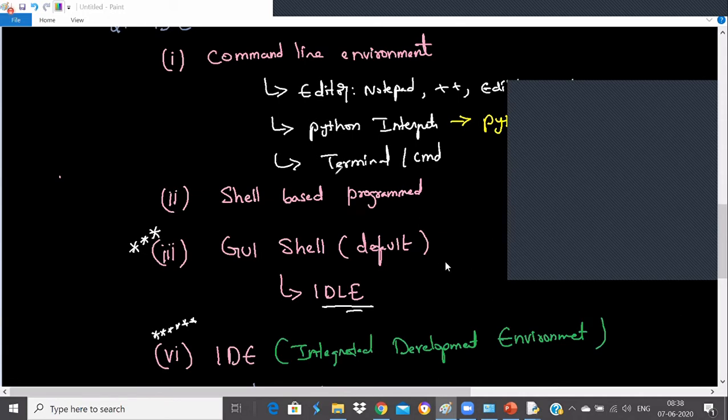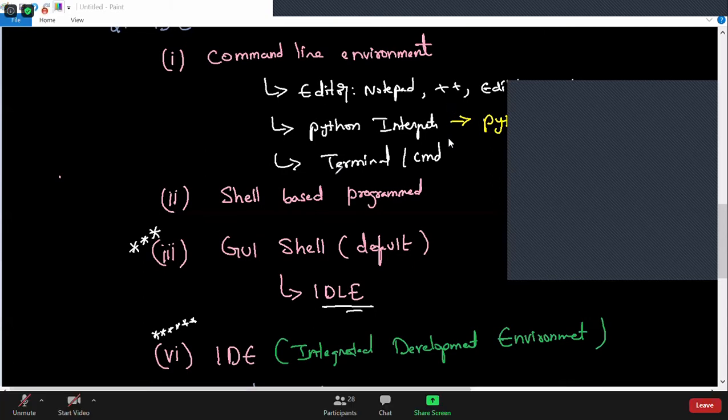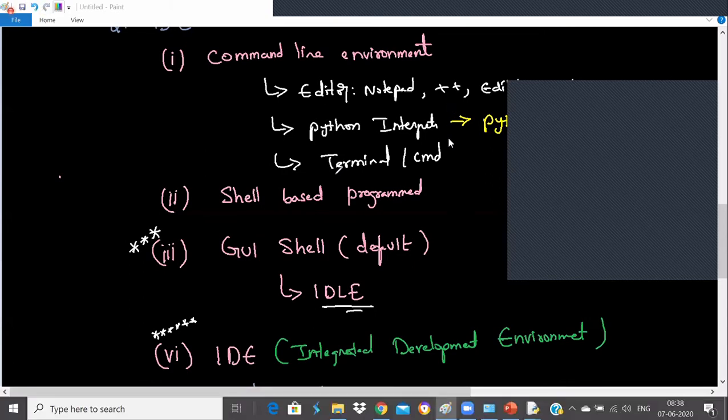Only one request from all of you: please ask questions if you have not followed anything, or at least confirm whether you followed or not. That's the only minimum thing I require from you. Practicing the programs is secondary. Otherwise, I will take responsibility for everything, explaining and writing the code. Your responsibility is to make me sure whether you understood or not. If you didn't understand, come up with your question.